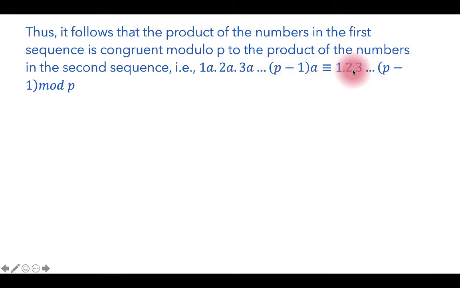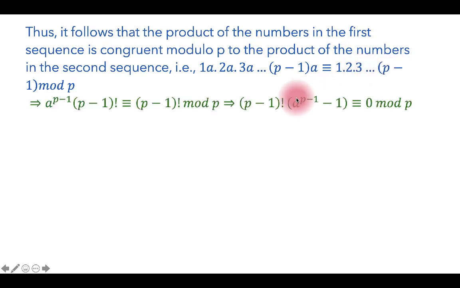and the right hand side is 1 into 2 into etc., p minus 1, which is p minus 1 factorial itself. So we can express the relation as a raised to p minus 1 into p minus 1 factorial congruent to p minus 1 factorial modulo p, which implies that p minus 1 factorial into a raised to p minus 1, minus 1. By taking p minus 1 factorial common to both terms, we get this product is congruent to 0 modulo p. That is, the product p minus 1 factorial into a raised to p minus 1 minus 1 is a multiple of p,